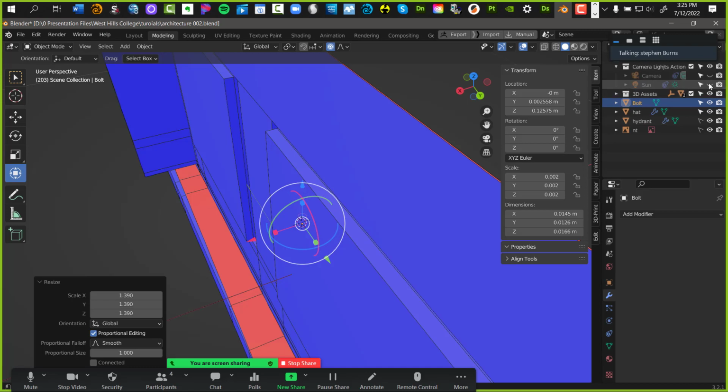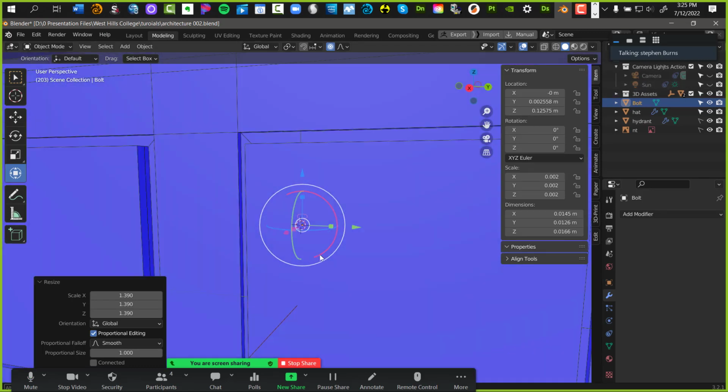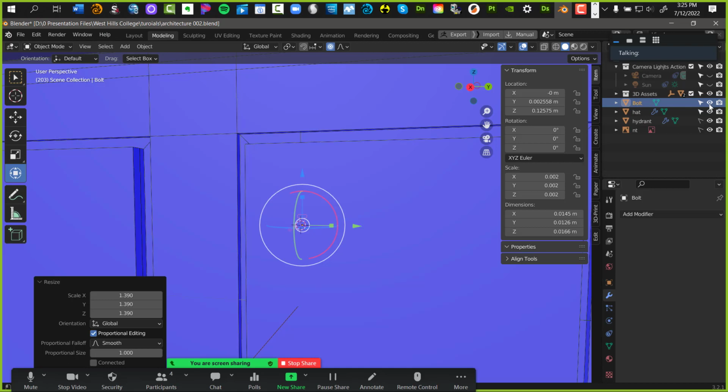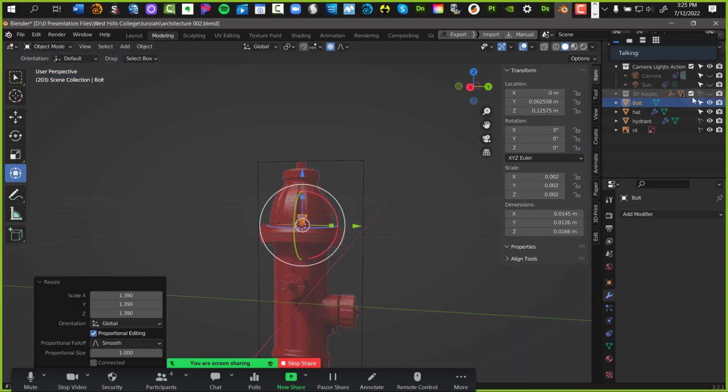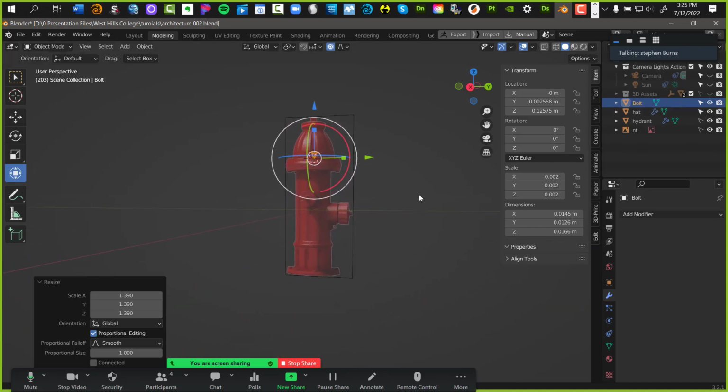Oh, my mouse is acting kind of weird. 3D assets, I'm going to turn that off. Hat, there's the hat. All right, let's turn that on. I'm wondering what's going on here because my things aren't showing up when they should be showing up.